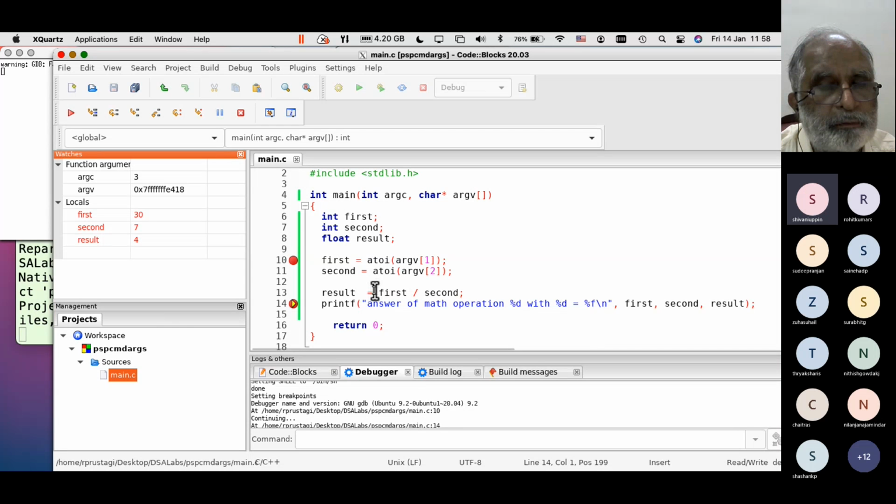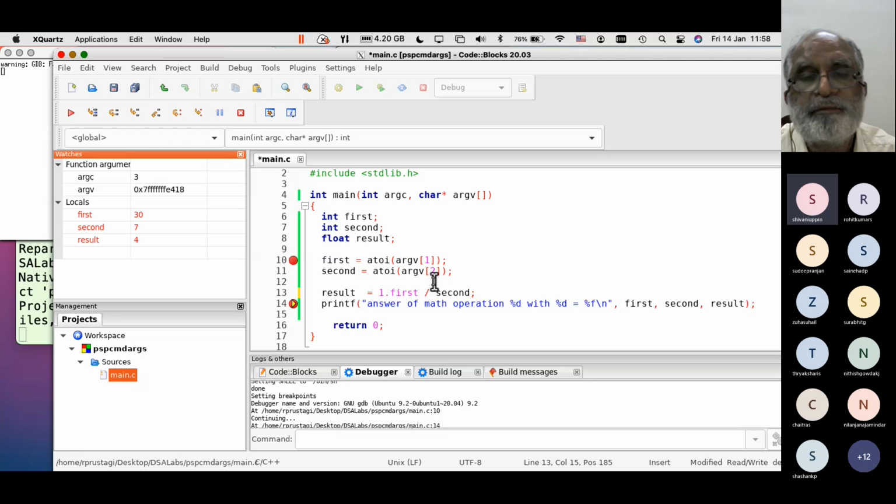So either I should convert into float, or I can convert this into float, say 1.0 star conversion.